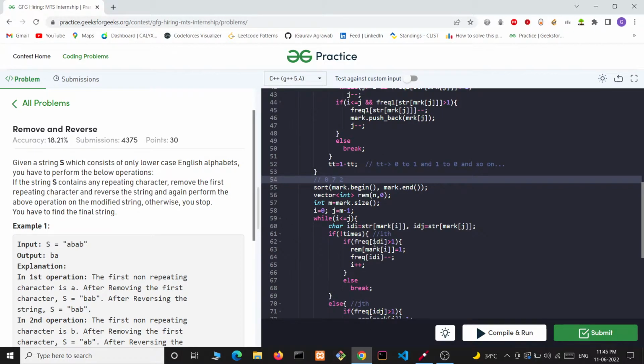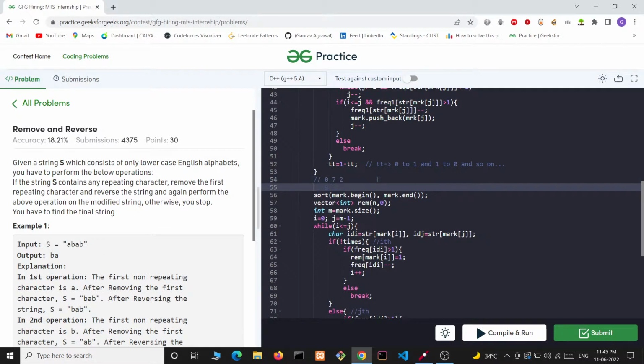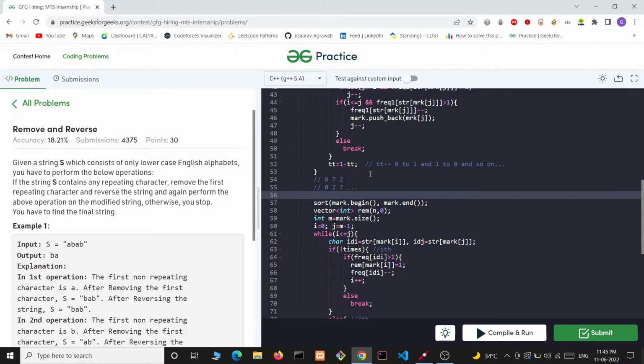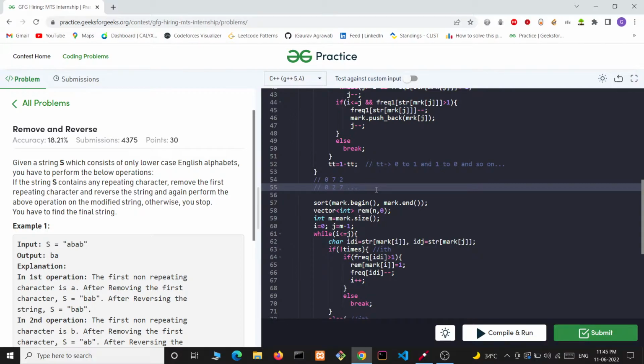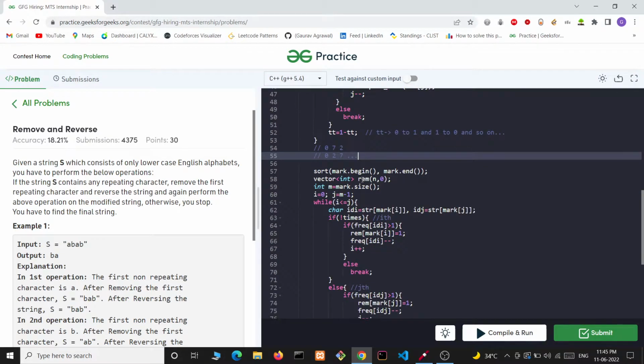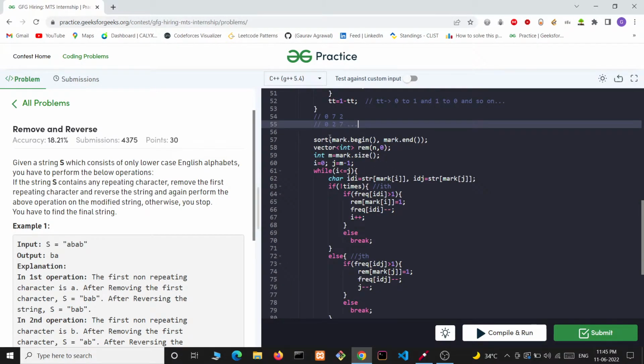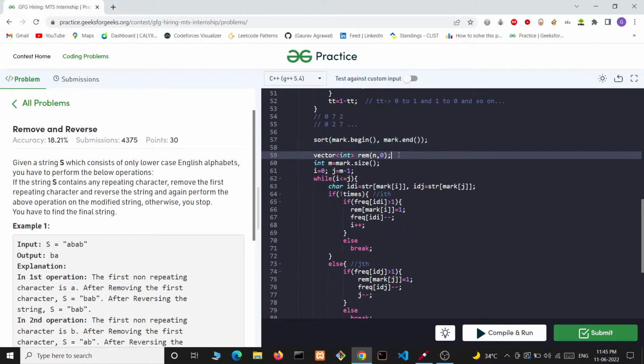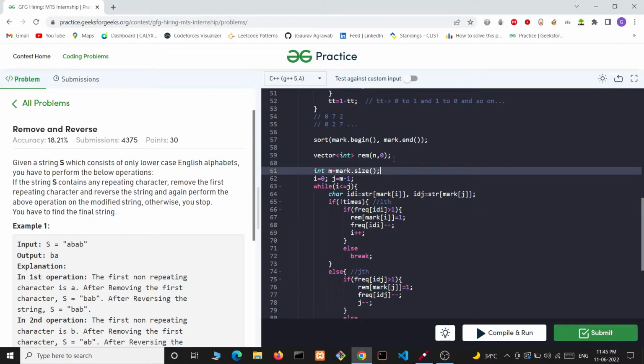So it will be like an increasing-decreasing sequence, but we need a sorted sequence so that we can simply take an element from the leftmost and then an element from the rightmost, and we can solve it like that. So we have sorted the mark array. After it, this is the remainder, this is the remove array.